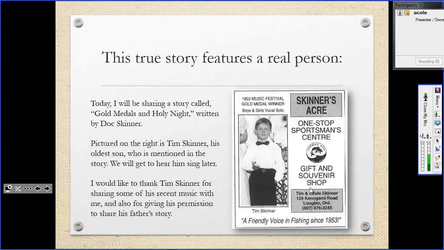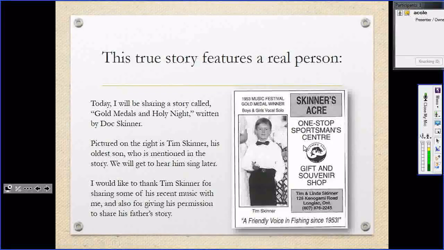So this is a business that was owned originally by Doc Skinner, and now Tom Skinner and his wife have taken over that. So a friendly voice in fishing since 1953. So it's been around for a long time. So anyway, pictured on the right, this little boy here is Tim Skinner. Have I been saying Tom? Is Tim Skinner, and he is